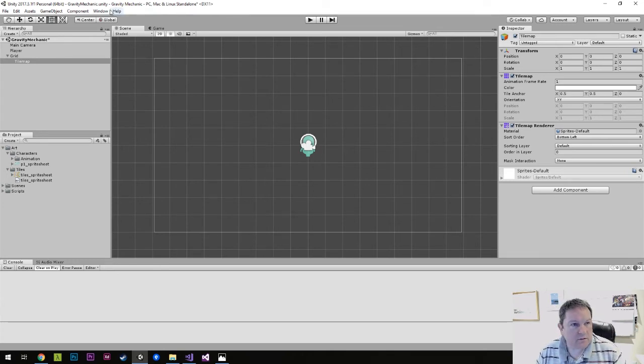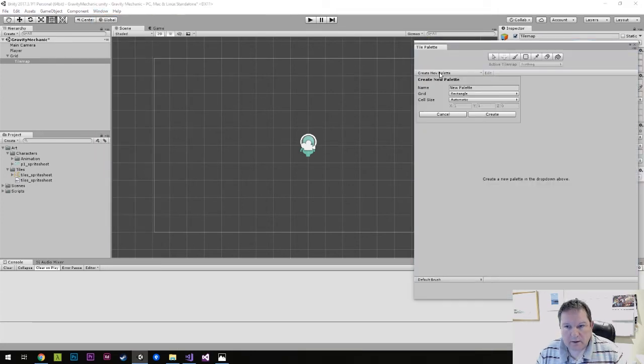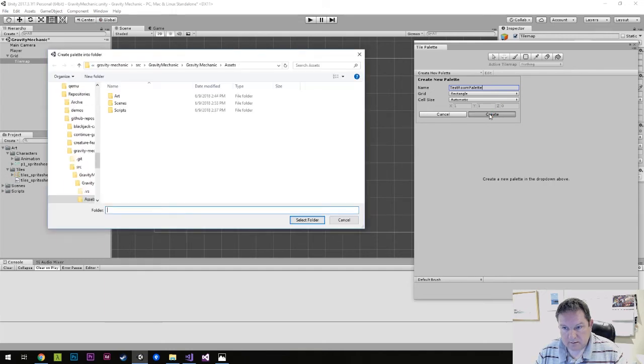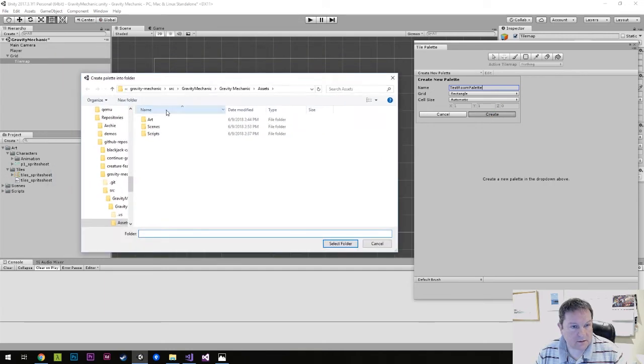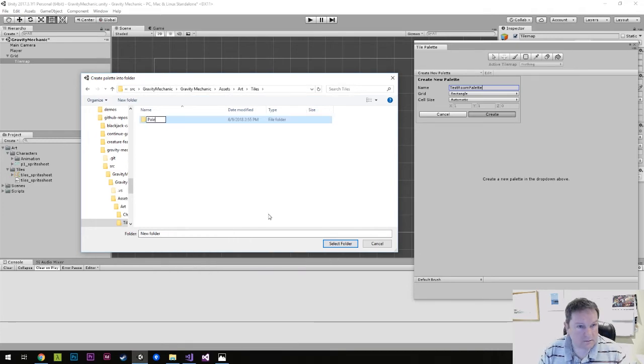I want to go to tile palette, create a new palette, and this new palette will be called test room palette, and that's okay. Create, and then art, tiles, and this is going to be palette,